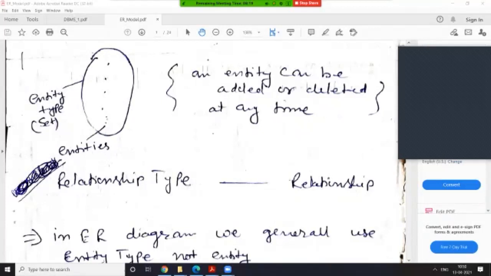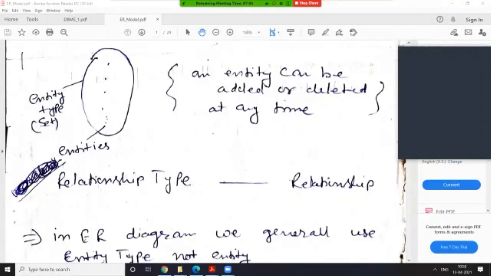I mean the name of the relationship will be, suppose I am saying the person owns a car. All the entities which are there in the person. Suppose I am owning some kind of Mercedes. So I am the entity of the entity type person. I am owning the car like Mercedes. But the relationship again will be represented by the relationship, I mean the collection of those relationships. So they are representing the individual as a whole in the ER diagram.